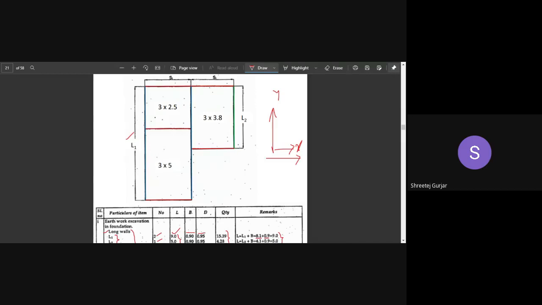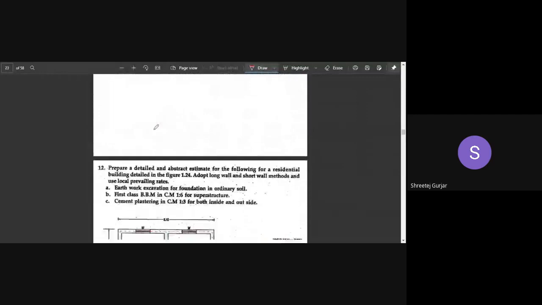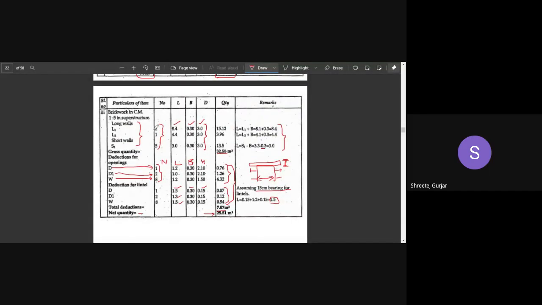So all of these which we are solving are load bearing. All of these are load bearing structures wherein they do not have any columns. They do not have any RCC columns. All of the loads are handled by your walls, and then they transfer to your foundation. So that is a load bearing structure. Moving on to the next numerical.